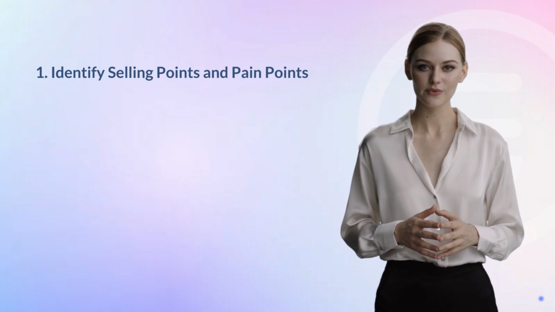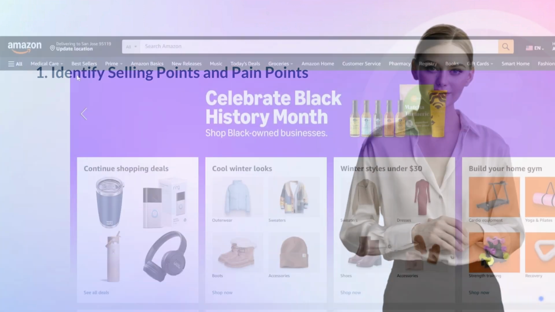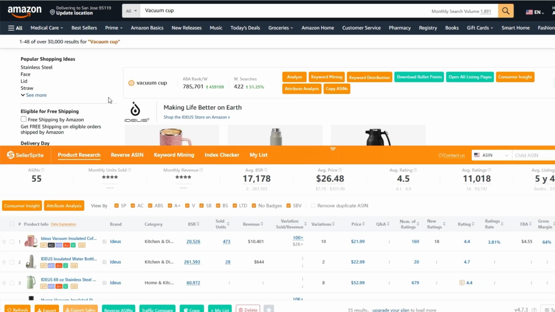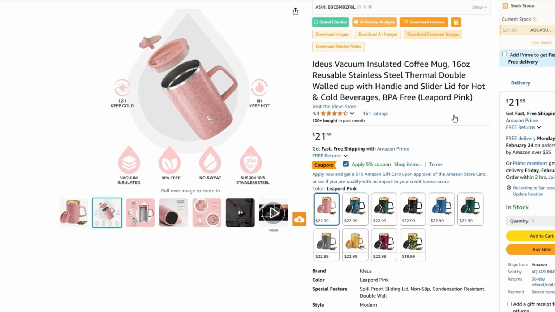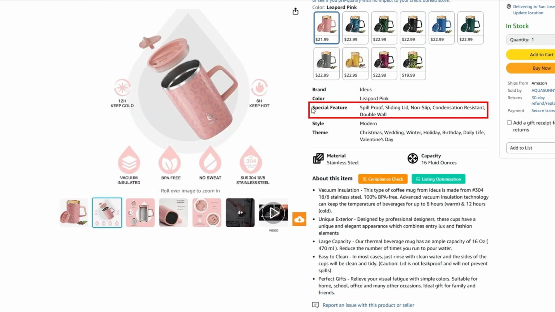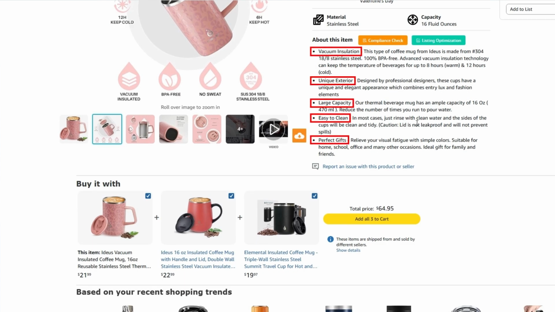The first step to identifying your selling points is to conduct competitor research. By searching for similar products, you can identify the top-selling items in your category. Analyze their product listings to learn what they're doing well and which features they emphasize. Pay close attention to their descriptions and compare them to your own. Highlight the aspects of your product that set it apart, whether it's superior quality, durability, or a unique feature that